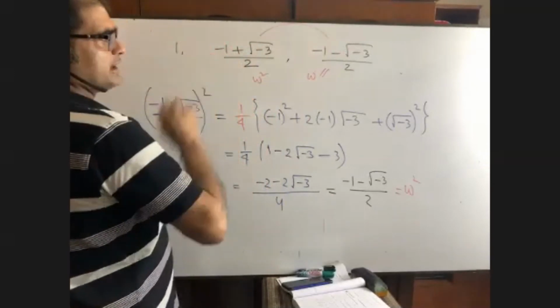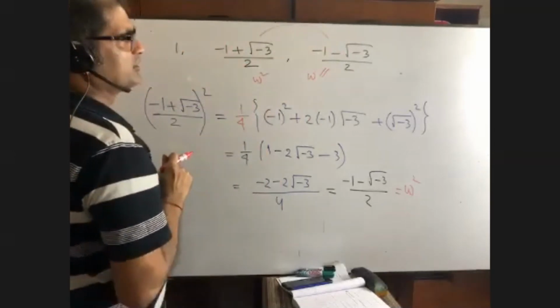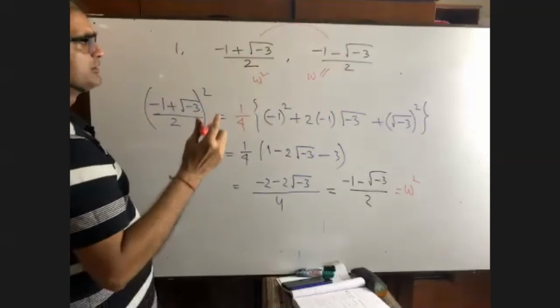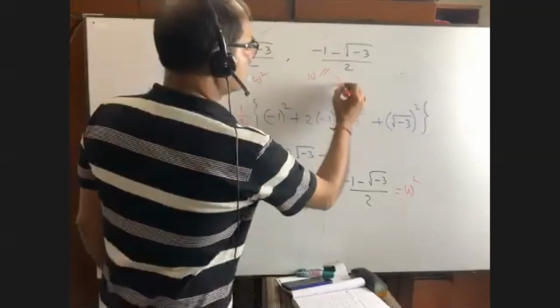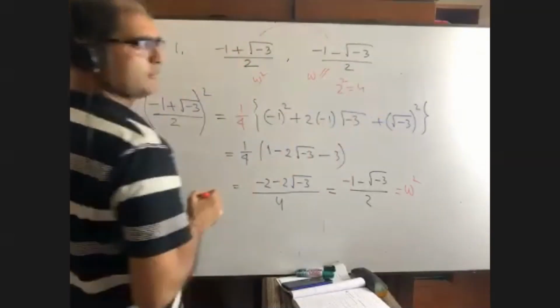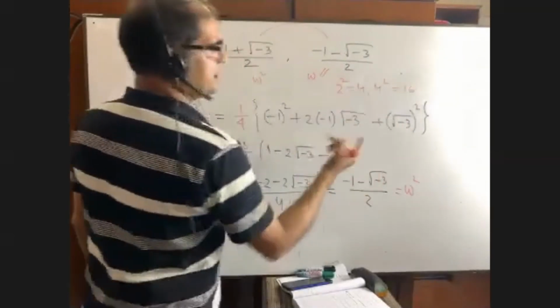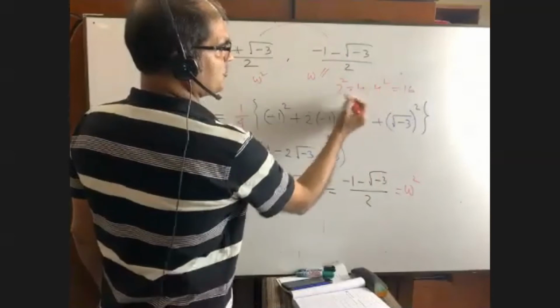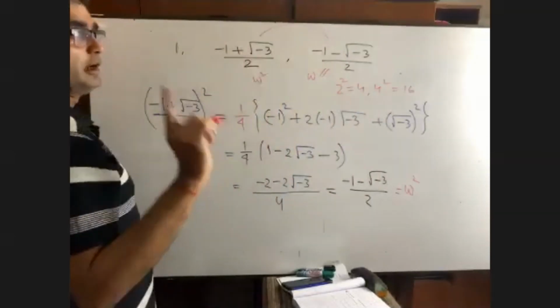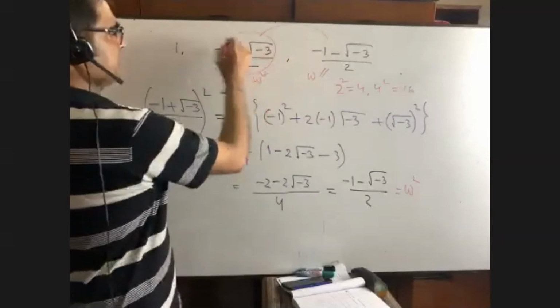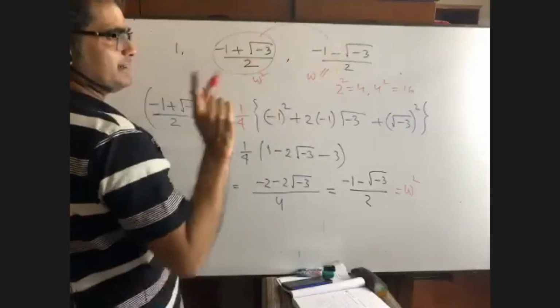Now, sir, is it possible to make that a square? How is it possible? The square of 2 is what? 4. So the square of 4 is what? 16. Is it possible to make the square of 4 equal to 2? It is not possible. I repeat, I have just proved the square of this part is this, right?